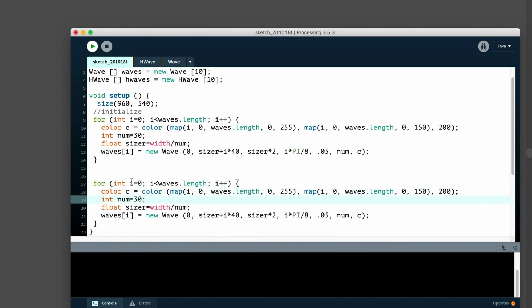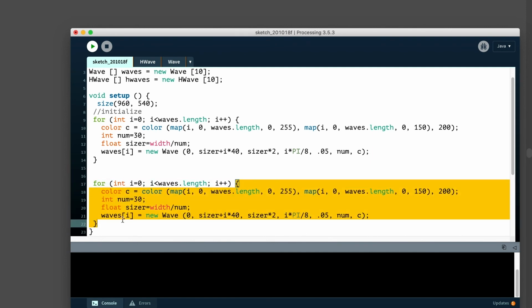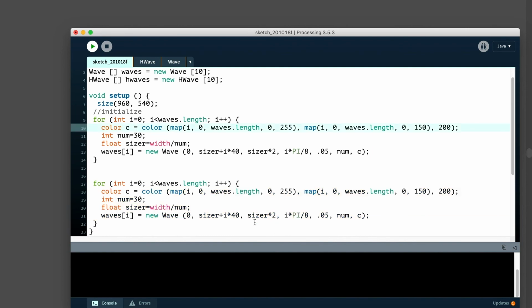And again, I can actually use the same variables here because of the scope of these variables. This I variable is restricted to this area, and so is this. So I don't need to do I and j here because they're not nested inside of each other. And maybe I'll do h waves dot length like this. The nice thing here is I could change the ways that some of these things are being handled. Actually here I might want to use height divided by number instead of sizer, since we're going up and down.